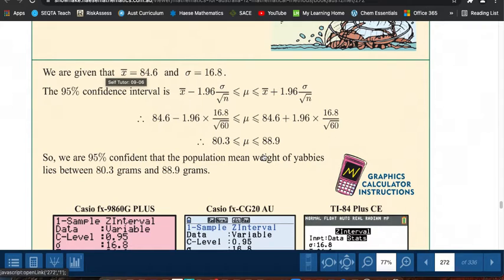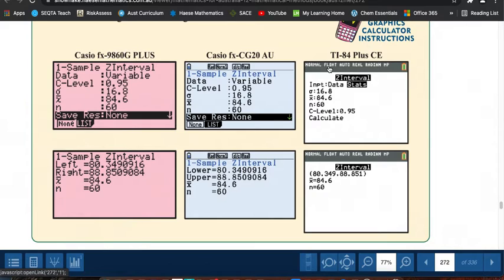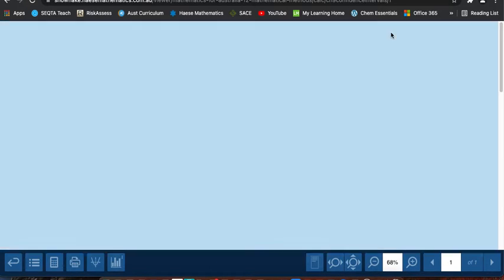Okay, now if you have a look just below, it shows us that in fact we can use a graphics calculator to just give us the confidence interval. We can just plug data in. Okay, so if we go to the instructions,